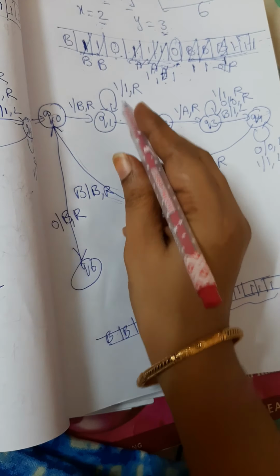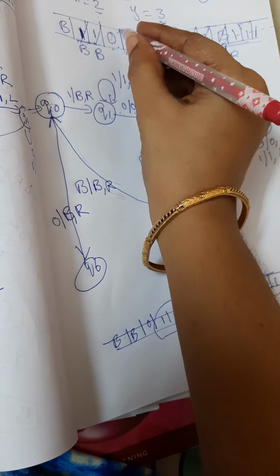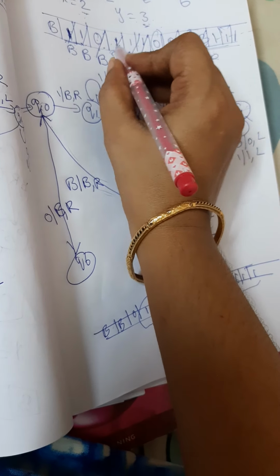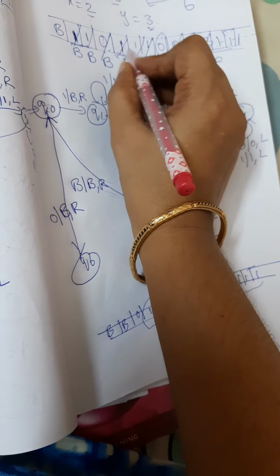and move right. Now after this 0, what is happening? This 0 is made as a blank and you are moving right. When we are moving right, again what is happening? We have all ones. So that one also you have to make as a blank and move right. And after that you have made it as a blank. All this you made as a blank now. This became blank. All this became blank now.